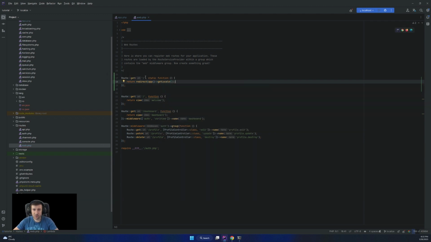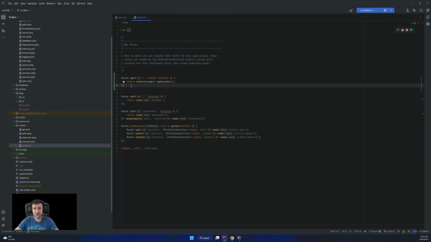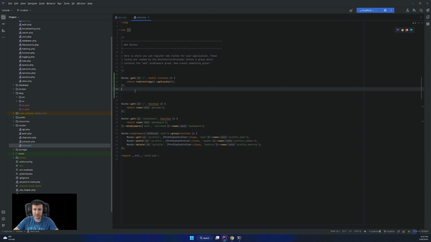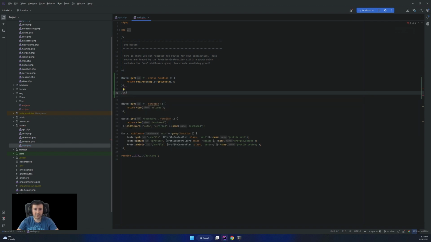So if someone enters directly to the slash, I want to redirect them to the default locale that I have defined in the config, which in my case is no. I want to have all the other routes as slash locale and then whatever route I have defined.